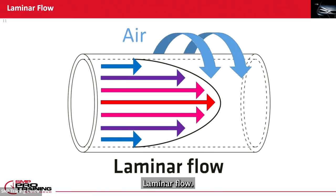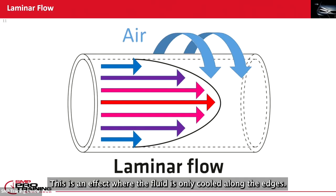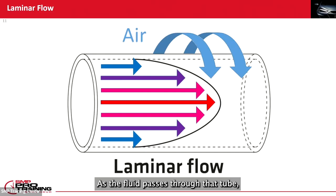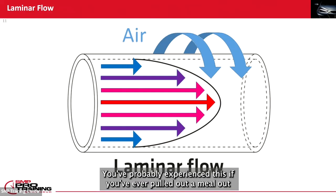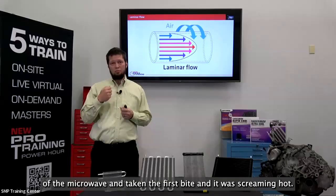Laminar flow. This is an effect where the fluid is only cooled along the edges. As the fluid passes through that tube, the air rushes over it and it draws the heat out. However, the outermost edge of the fluid insulates the innermost. You've probably experienced this if you've ever pulled a meal out of the microwave and taken the first bite